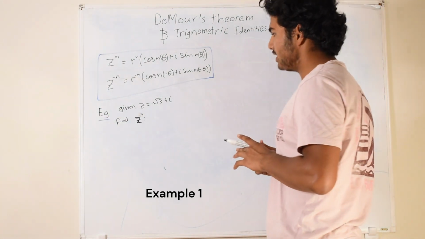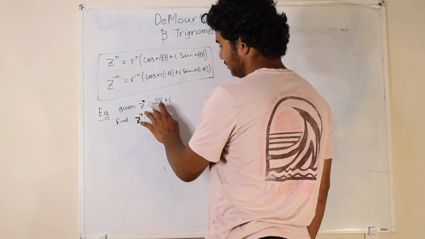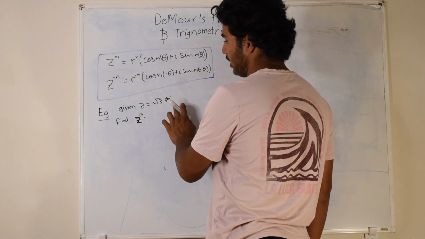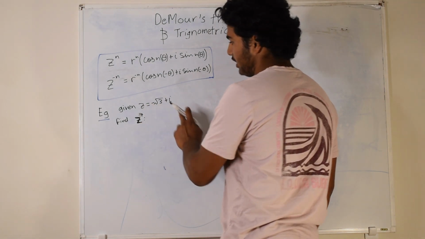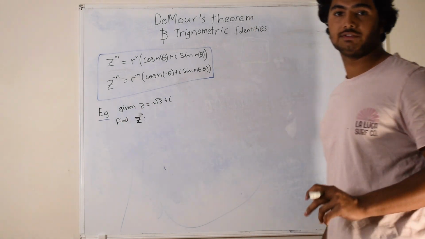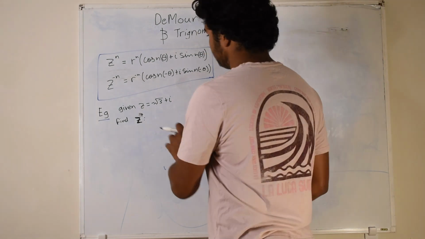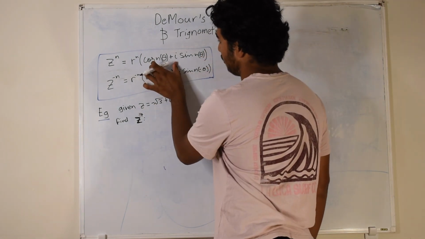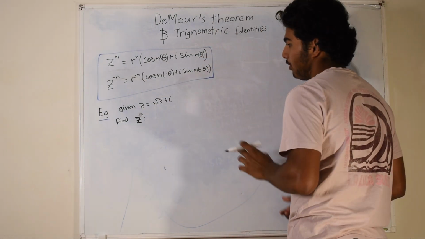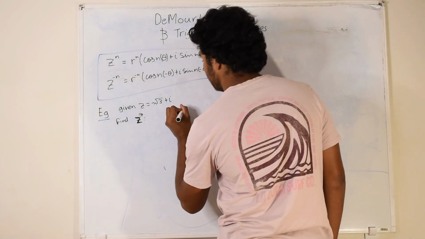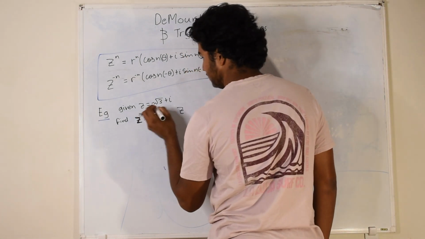The first example says, given z equals negative root 3 plus i, find z to the power of 7. So the first thing I will do is change that into this form right here, the mod arg form. To do that, we get z equals